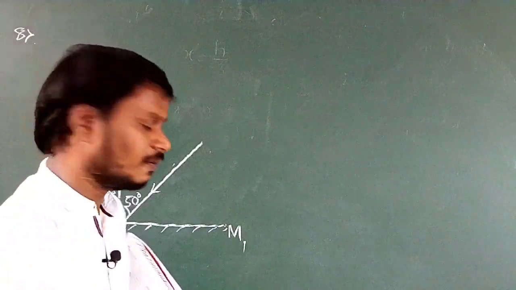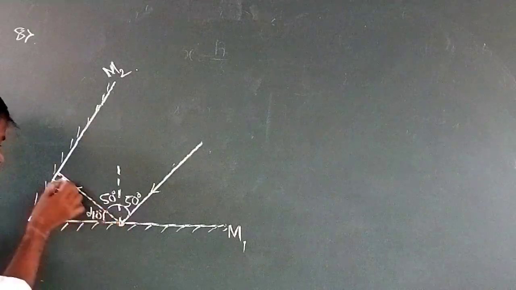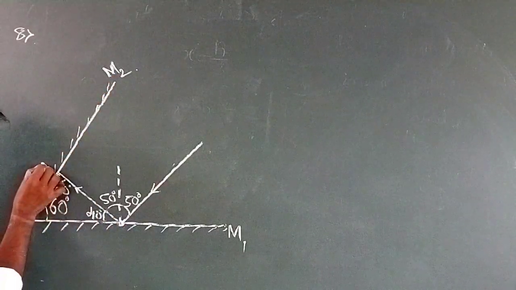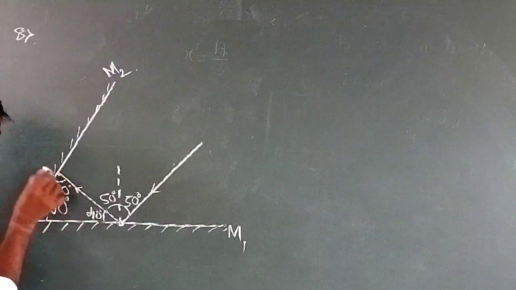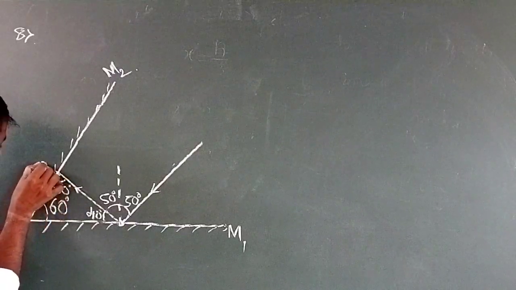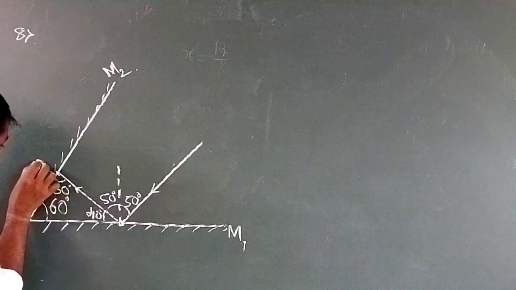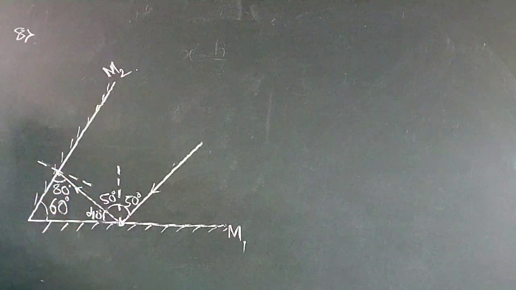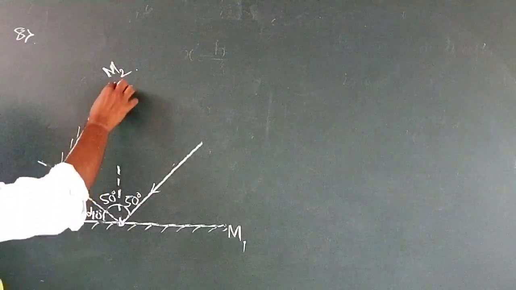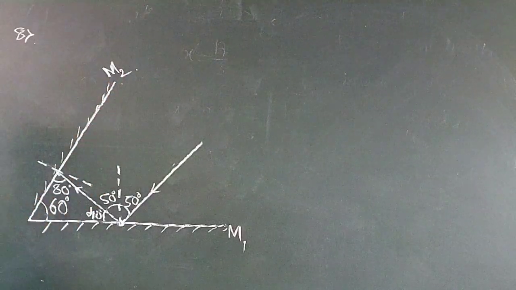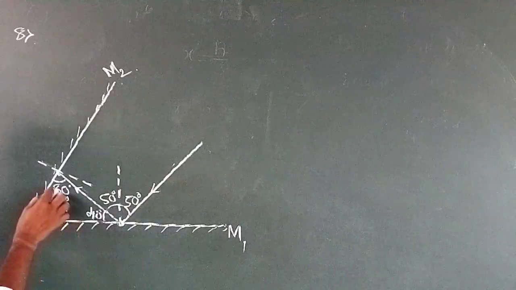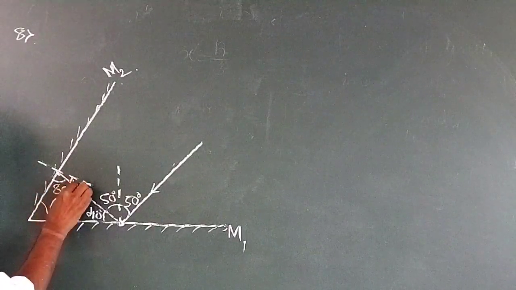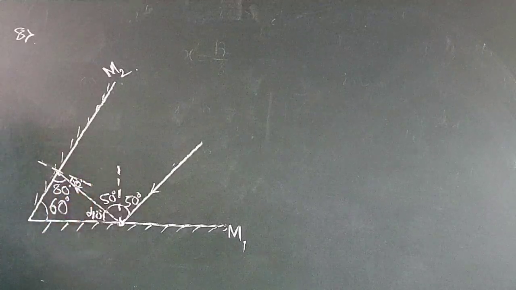That is 180. Then this reflected ray is the incident ray for the second mirror, and once again this ray undergoes reflection. And at the point of incidence again I will draw the normal. This normal should be perpendicular to the second mirror, and it is drawn at the point of incidence. So if it is 80 now, what is the angle here? 10. This angle is 10.